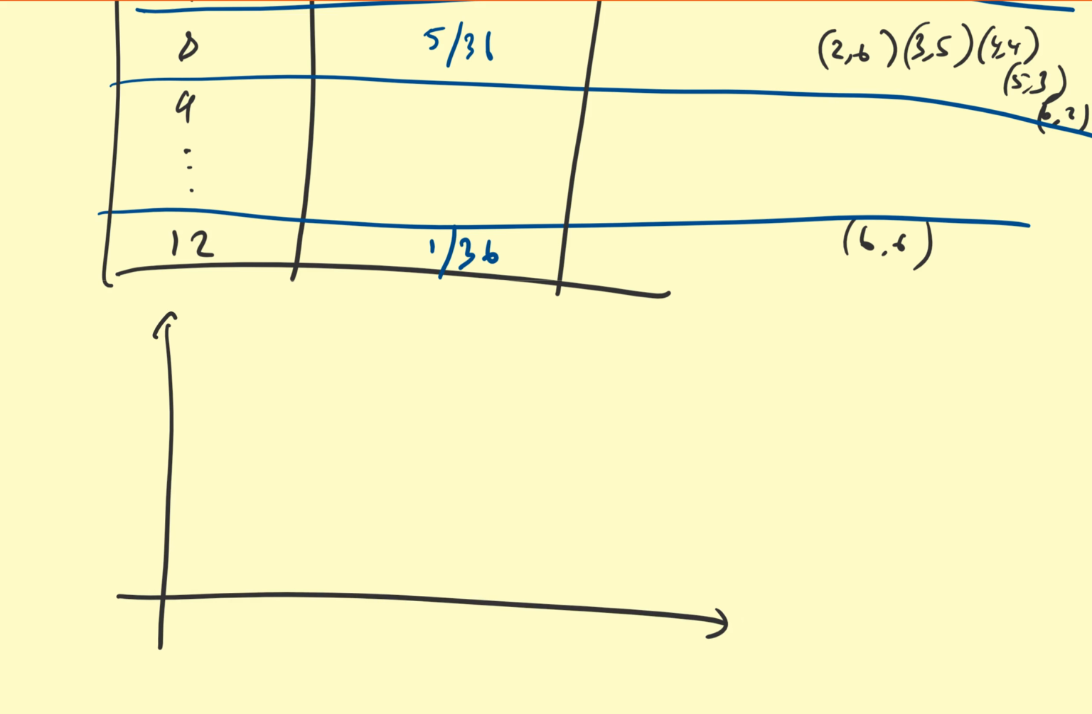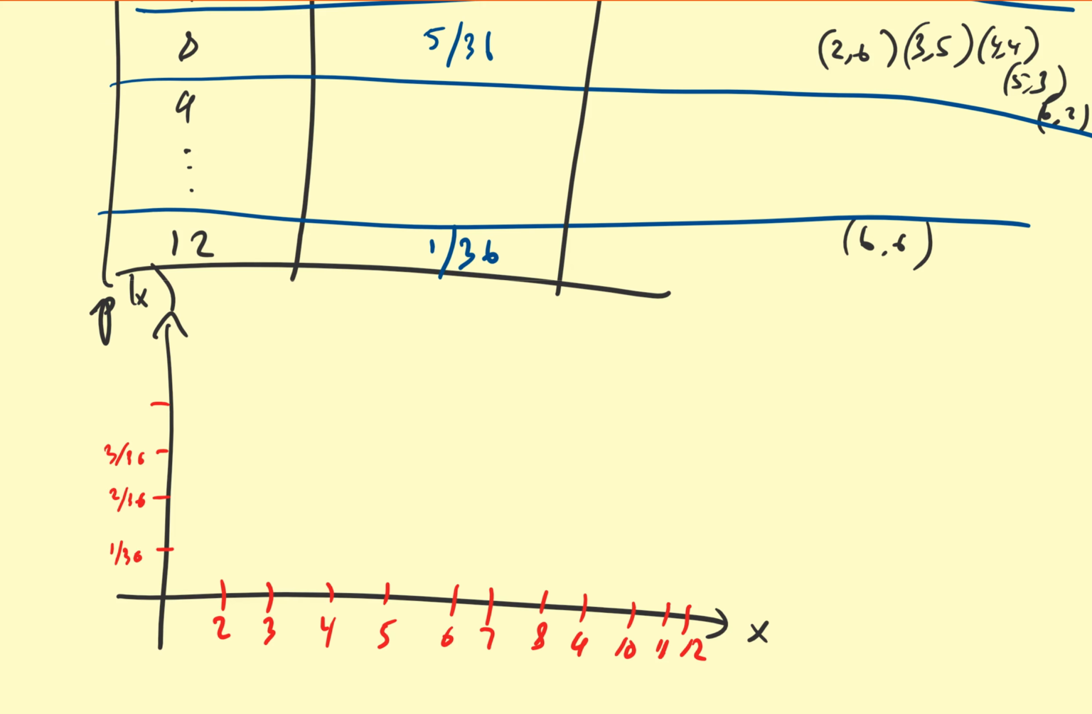So if we graph this, this is going to be x and this is p of x. The least value is going to be 2, 3, 4, 5, 6, 7, 8, 9, 10, 11, and 12. So we have 1 out of 36, 2 out of 36, 3 out of 36, 4, 5, and 6 out of 36. So if I plot all my values, then I'm going to have this type of